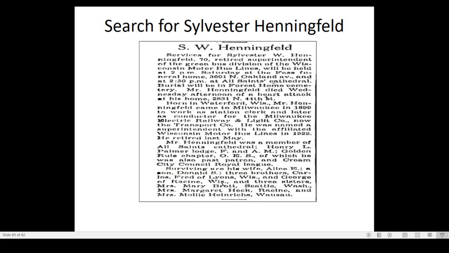Oh, I have to tell you one thing about this guy. He has an identical twin brother. So you got Sylvester and Carlos. Both of them worked for the Milwaukee Transit System when it was streetcars. They would drive people absolutely nuts because somebody would get on one streetcar and they'd get off and transfer to another streetcar, and there's the same guy there. And they used to have a lot of fun doing that.